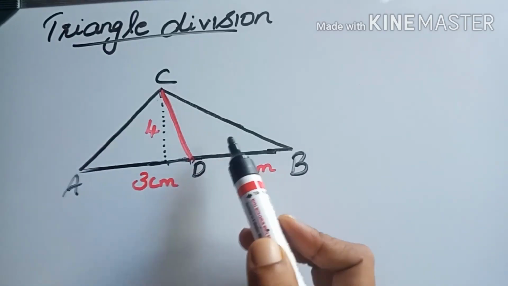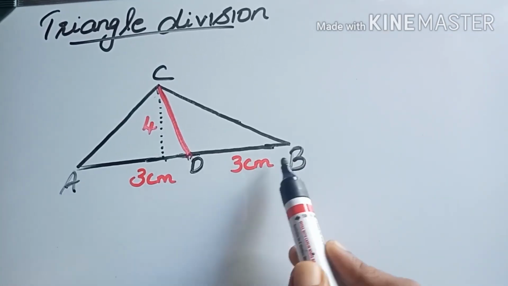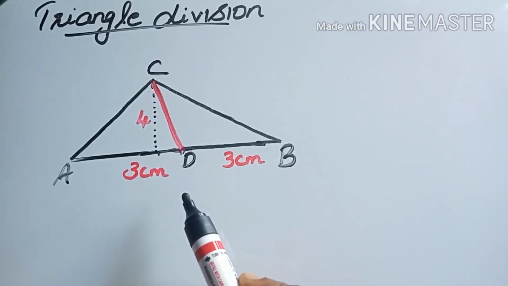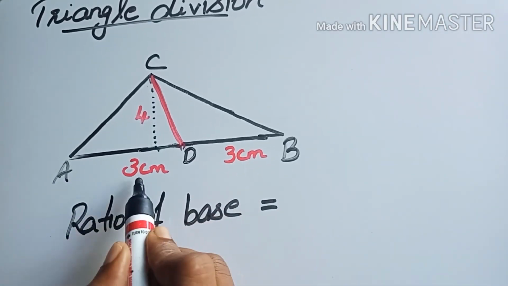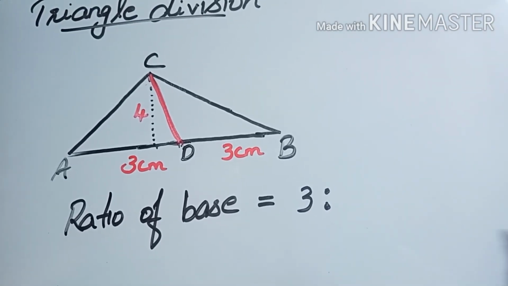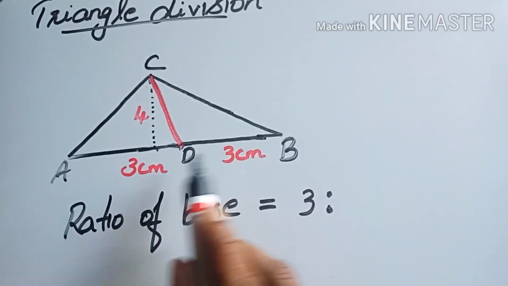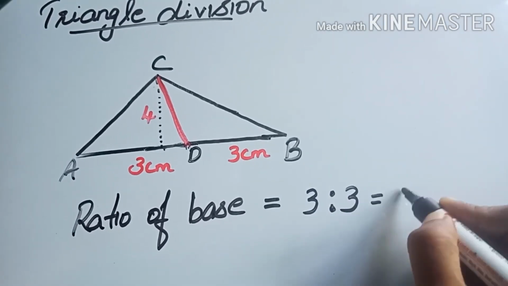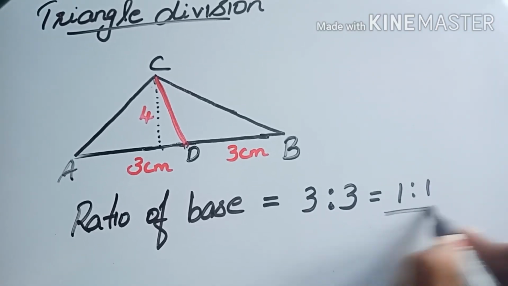Now in 8th standard you have learned about ratios. So we have to find the ratio of base first, which means both the triangles' base ratio. For the first triangle, base is 3 centimeter. So first one is 3 is to. This is the notation we are using for the ratio. The second triangle's base is also 3 centimeter, so 3 is to 3. This we can simplify as 1 is to 1 because 3 is common here.